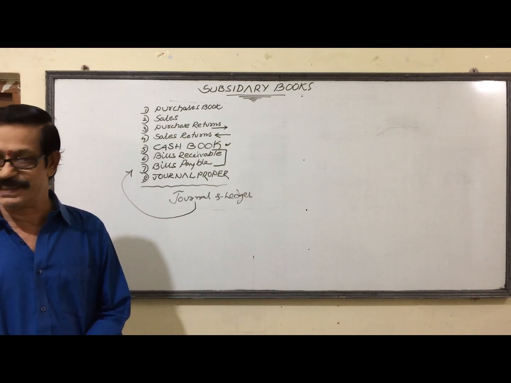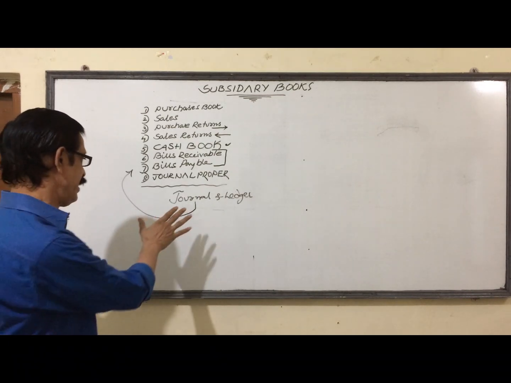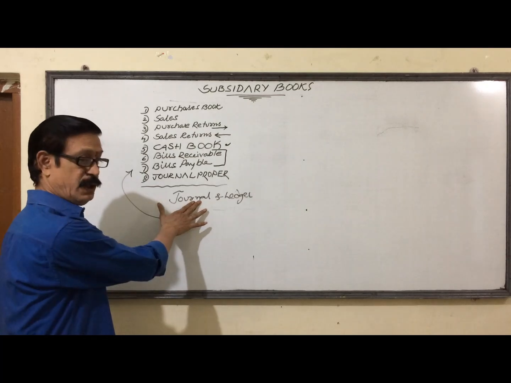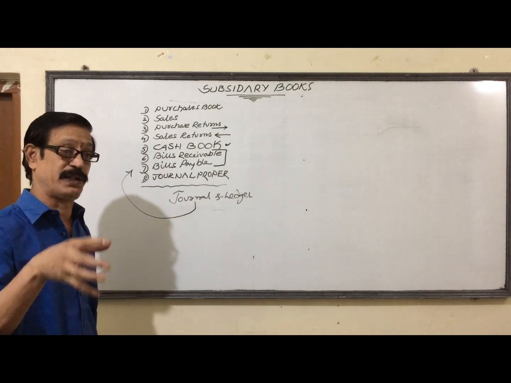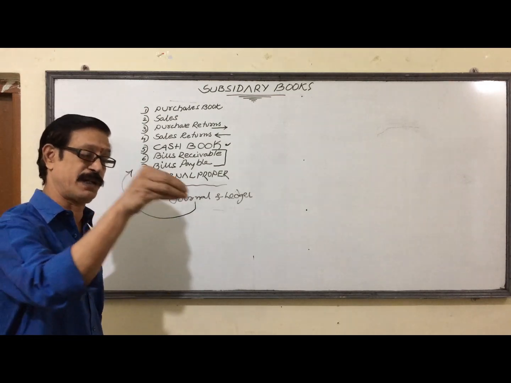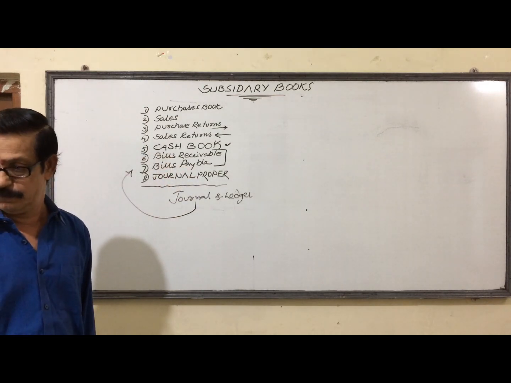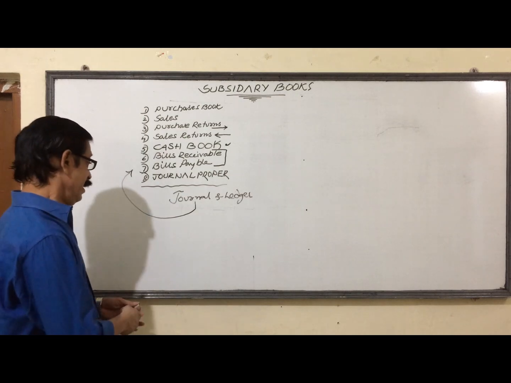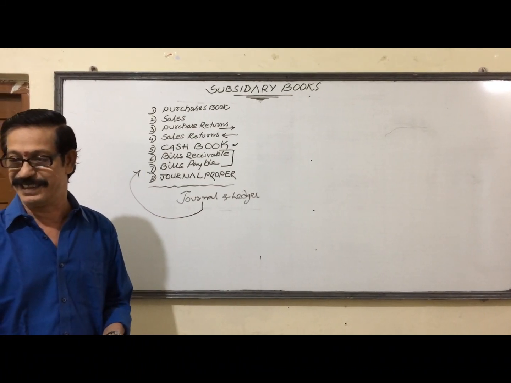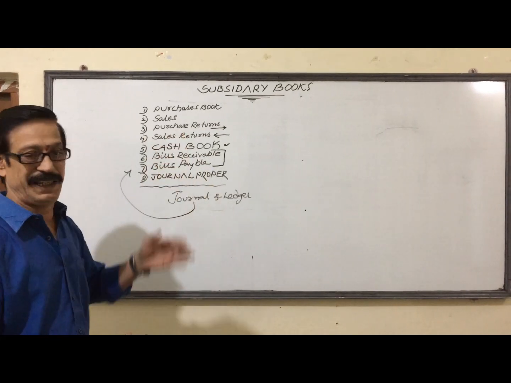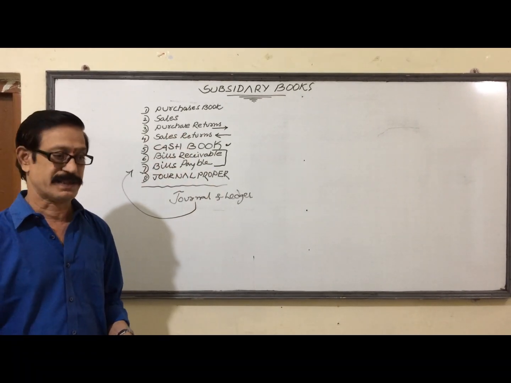Well, my dear students, once again, instead of maintaining one journal, we divided into so many books so as to enter a particular type of transactions in that particular book. Understand? Sir, maintaining one journal only is difficult. Why do we have to maintain different books? Because